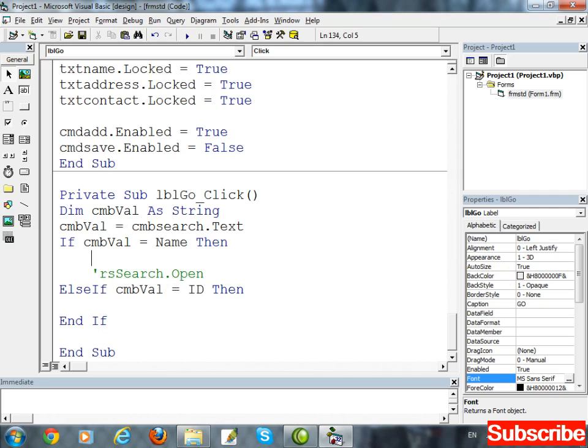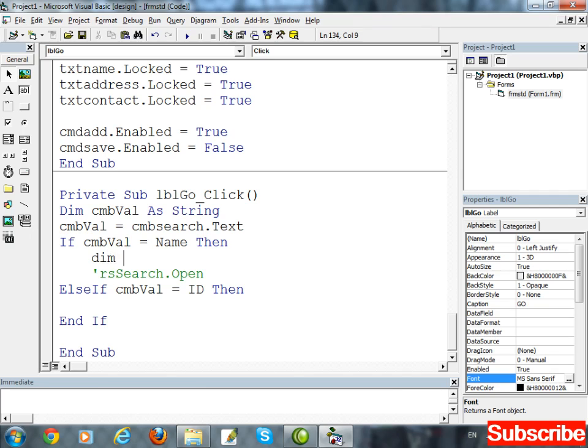Here in this block, before starting the record set, when someone selects name from the combo box and then clicks on the go label, we will ask for a name for searching. So first of all, here we will use an input box.